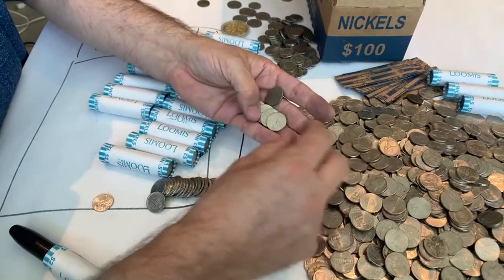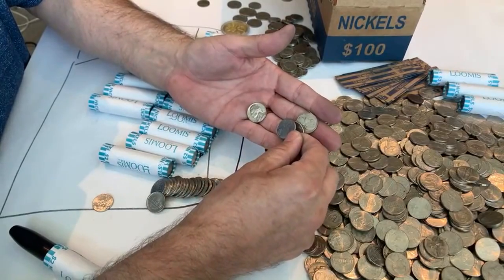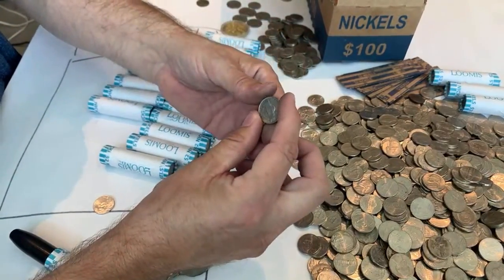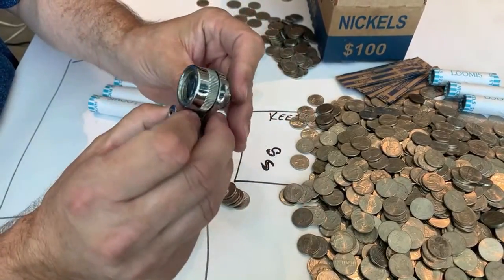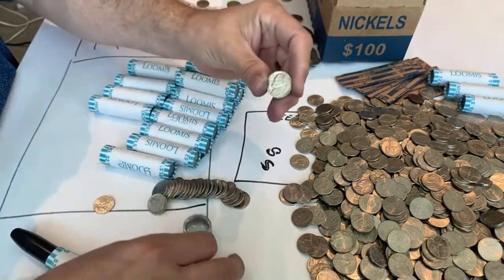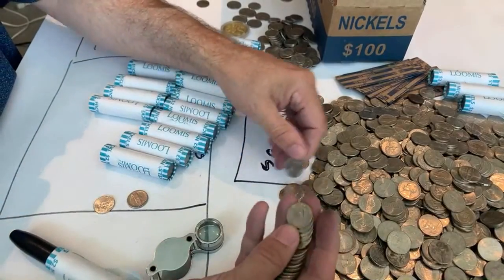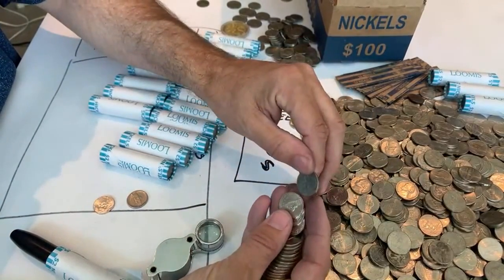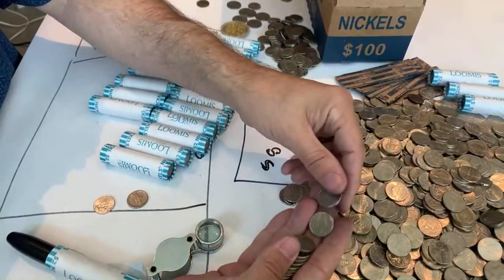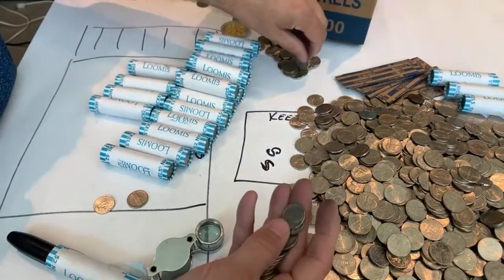We're going to get through this whole box. This is exciting, at least for me. Appreciate y'all being here. All right, here's a 1978 Philadelphia mint. Would normally put this aside, much like the 83 we just found, but there's a big gash right there and a puncture mark on the top. So somehow it got cut. Takes all the value away. You'd actually have to circulate that down to fill that in naturally to have any value eventually. But again, I won't be around for that. Some of this stuff, if you have to wait 40 more years for it, I'm going to let someone else collect it. 1961,